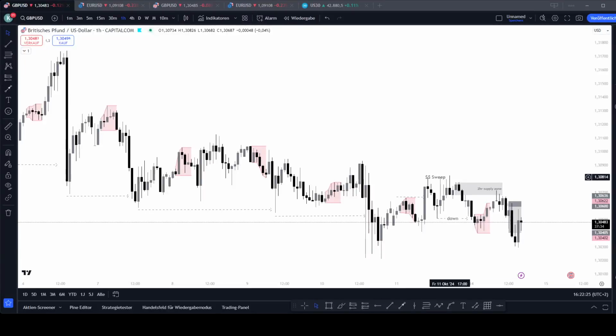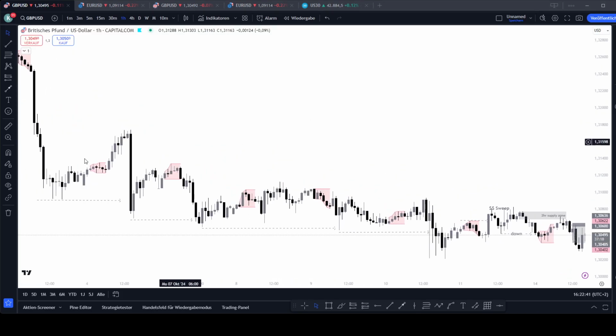Welcome, my people. Today I'll be doing a trade breakdown on GBPUSD. This was a sell trade taken on the 3-minute time frame, but our analysis began on the 1 hour time frame. So, looking at the 1 hour time frame chart right now, we can clearly see that price has been moving in a sense of